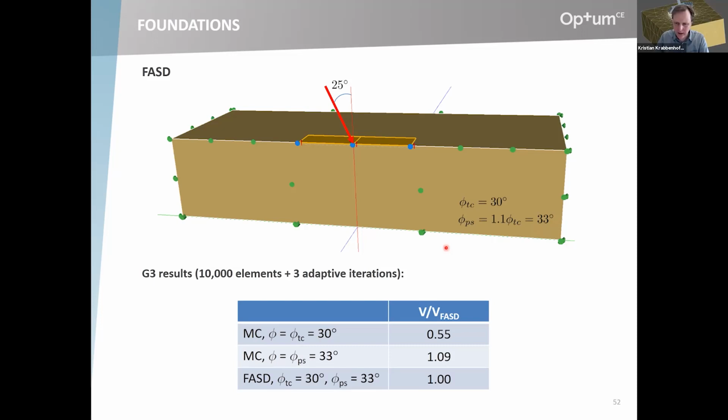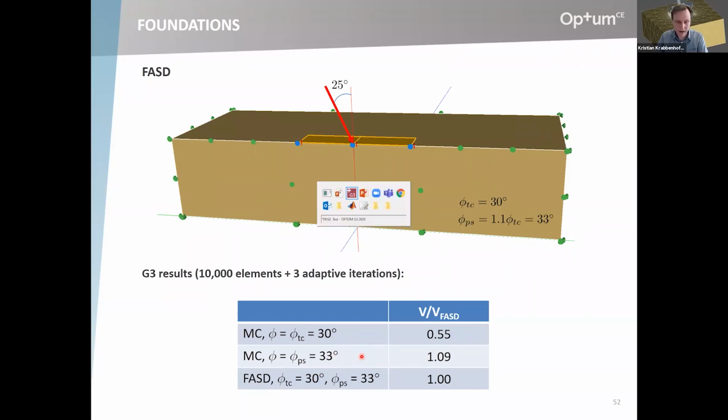So an inclination of 25 degrees. And the results here in normalized form, so FASD is 1, and then the Mohr-Coulomb with the plane angle, 9% above, and then the Mohr-Coulomb with the triaxial angle, about half the capacity. So in this case, the results are much more reminiscent of a Mohr-Coulomb with the plane angle, of course,